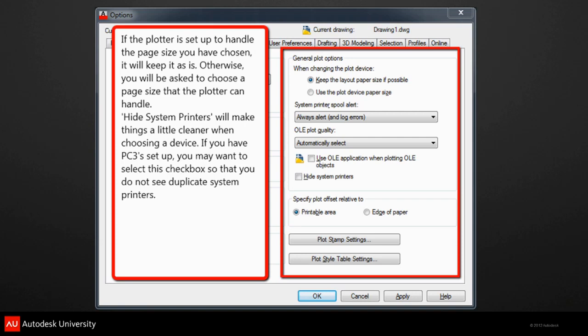I did want to talk about hide system. It's a good one. For anybody that uses PC3s, what this will do is it will hide the system printer so you only see the PC3s. This comes in handy because if you have, say, 15 plotters on your network and you have them all that you have to plot to at certain times, if your company uses PC3s, what you're going to do is